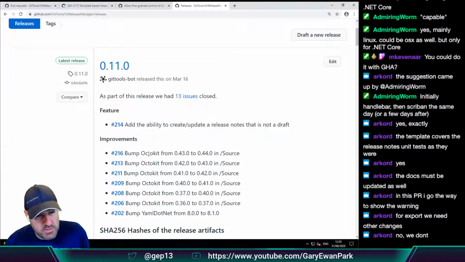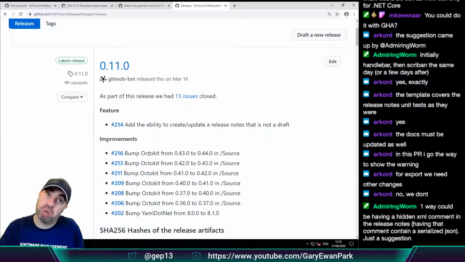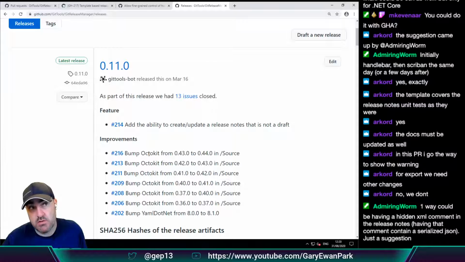So, no, we don't comment there. What was that referring to, Artur? Sorry. One way could be having a hidden XML comment in the release notes. Okay. I could see how that would work.